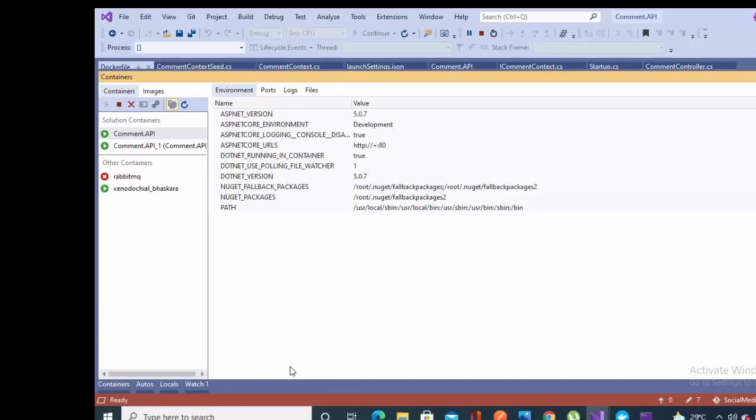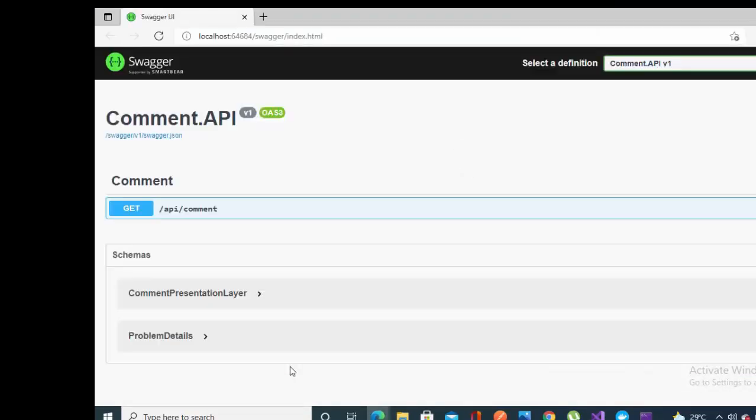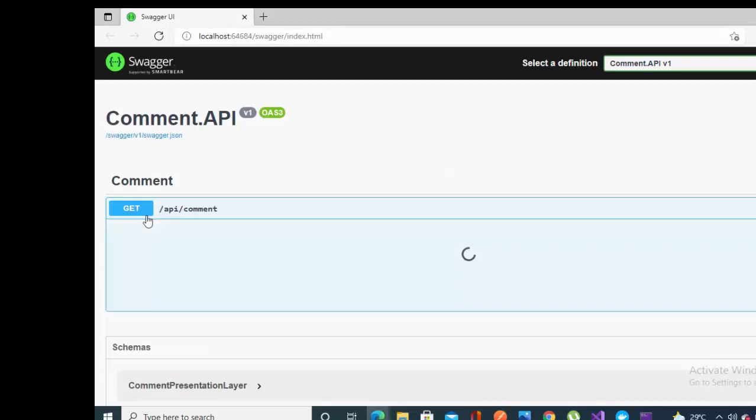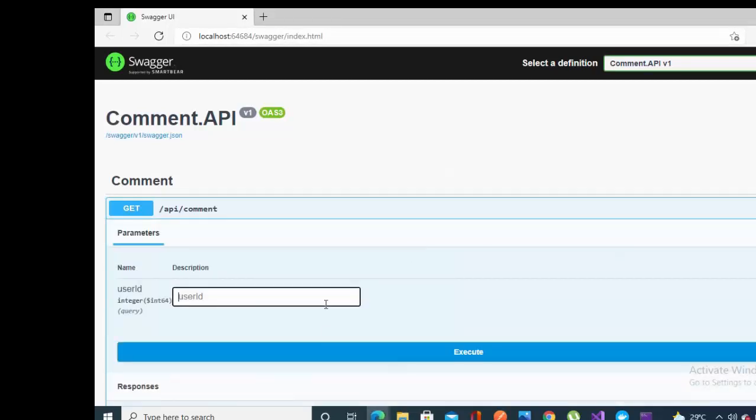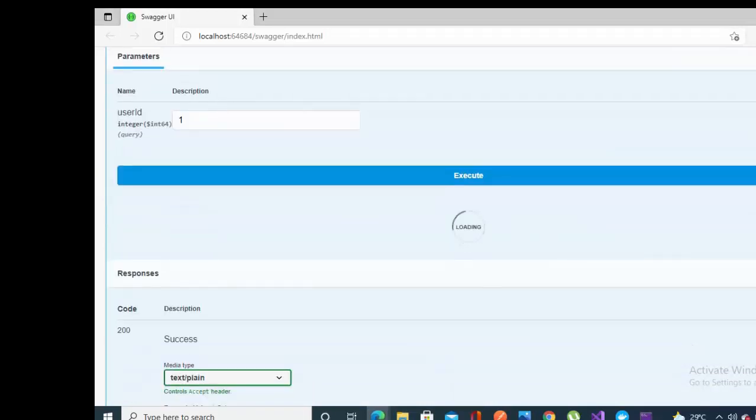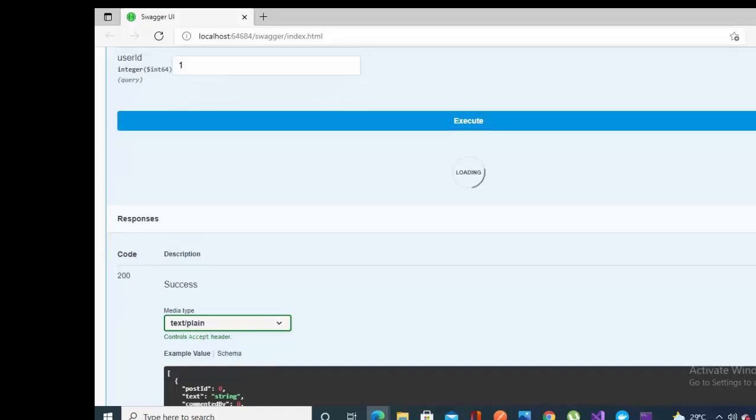Okay, see, this is all the configuration over here. Our version is this, and every piece of information is here. You can check from this containers window which I opened. Now let's run the project. We have developed only the get API, but in the previous video we wrote the logic for post and the others, though in the previous tutorial I just created the get method at the controller level. Let's just check that it is working.